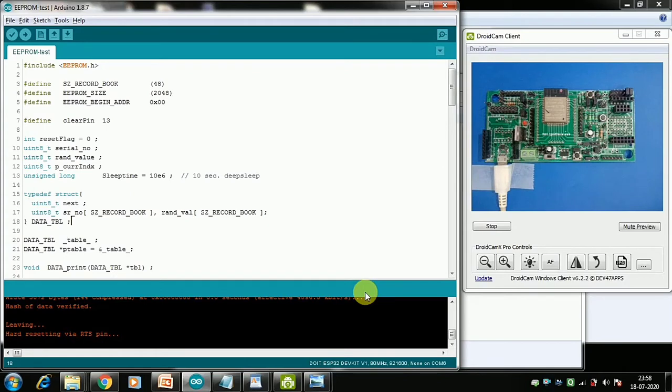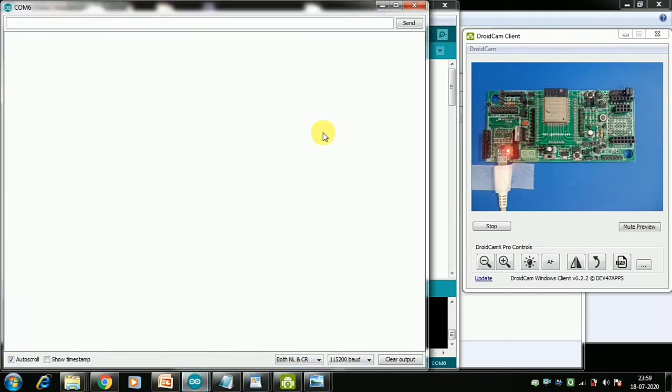We have simulated a similar use case here. I am using a Wish3 board based on ESP32. Let me plug this into my laptop. The LED turns on, and here is the serial monitor. I now open the serial monitor. We have simulated this case, just that we are collecting data every 10 seconds.